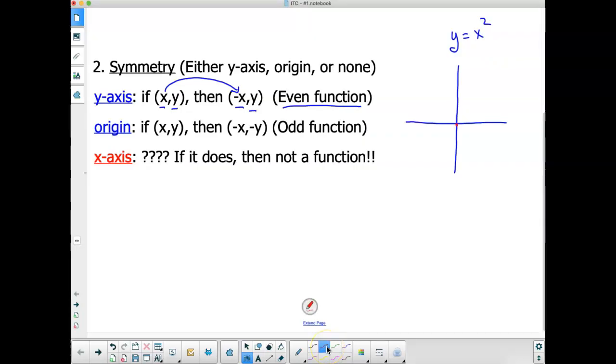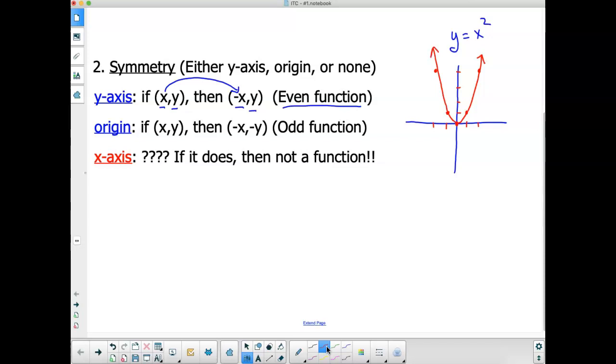And if I put a 1 in for x, a 1 would come out for y. Conversely, if I put a -1 in for x, I would get a +1 out for y, so I can see that dot. Those points reflect right across the origin. If I went in for a 2, I get 4, and if I put a -2 in, I would get 4. And if I graphed it as best I could,